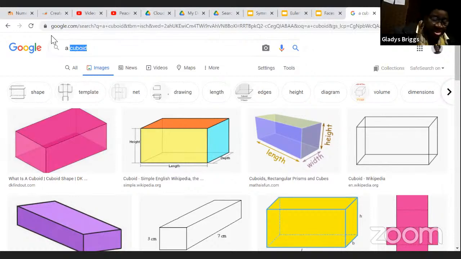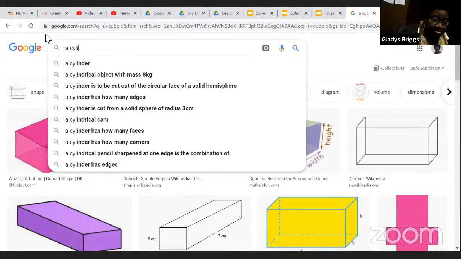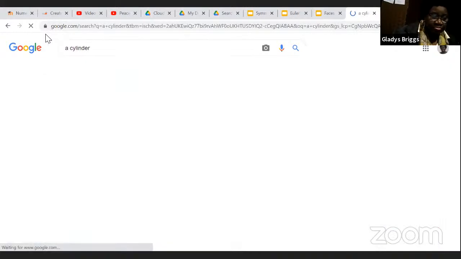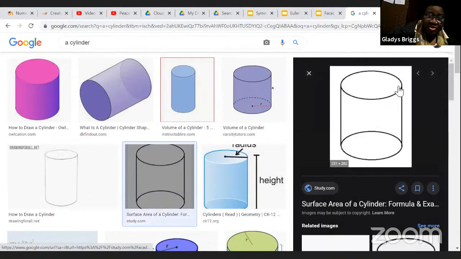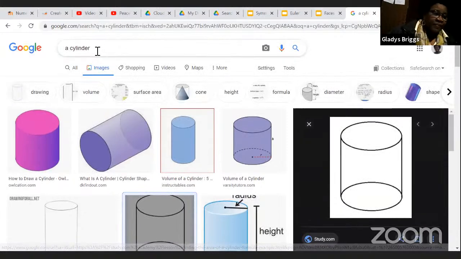I've shown you a cylinder. Okay, so that's a cylinder. You can draw this one. This is a nice one to draw. So you can draw this one if you haven't drawn it already. Then